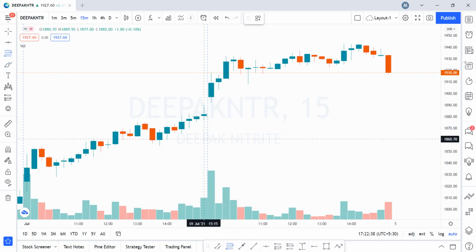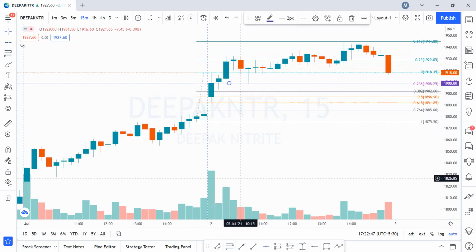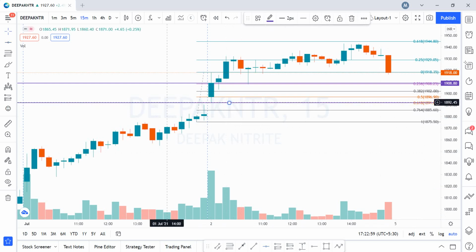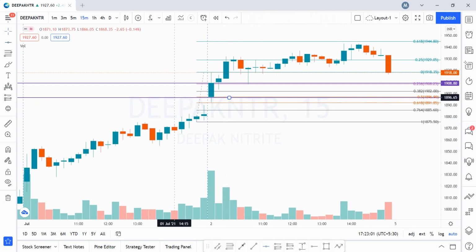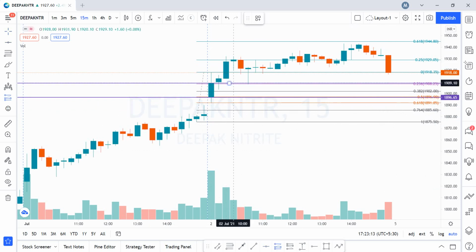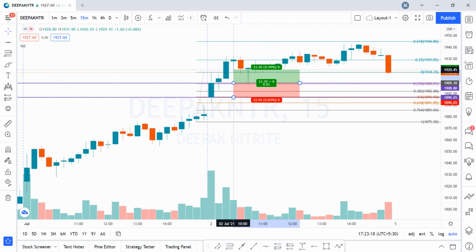But if at all you take this particular trade, this is your Fibonacci extension. Of course, the entry will be at the closing of this candle. So your entry is at 1908 with a stop loss just below this, which is 1891 over here. This is the 50% retracement. Sorry, not this one. Slightly above this is the 50% retracement. So you are taking 1896, about 12 rupees stop loss on an 1800 rupees stock. Put a buy position over here, and let's first of all check the 1:1 risk to reward ratio.